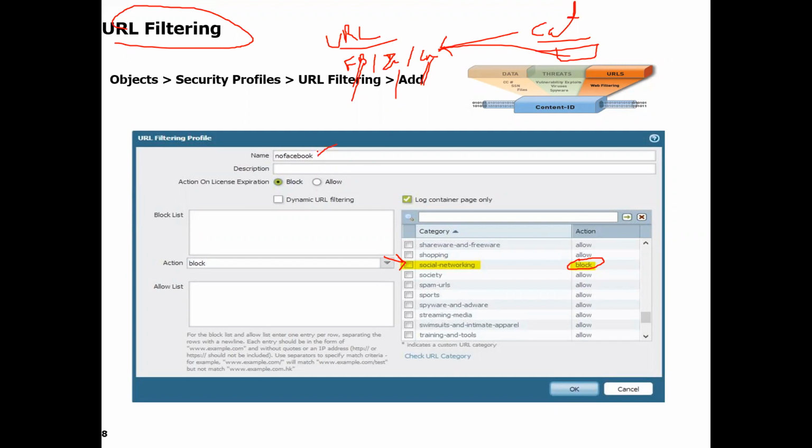Can you see this? You created no Facebook. So if you're blocking from your filtering end, then you need to block the category directly. These are the categories. The firewall has multiple categories, we will see that. Can you see society, sports? If you block that particular category, all the sports related URLs will get blocked. So you need to define which category is suitable for your organization and which is not. I will show you that in a few minutes.